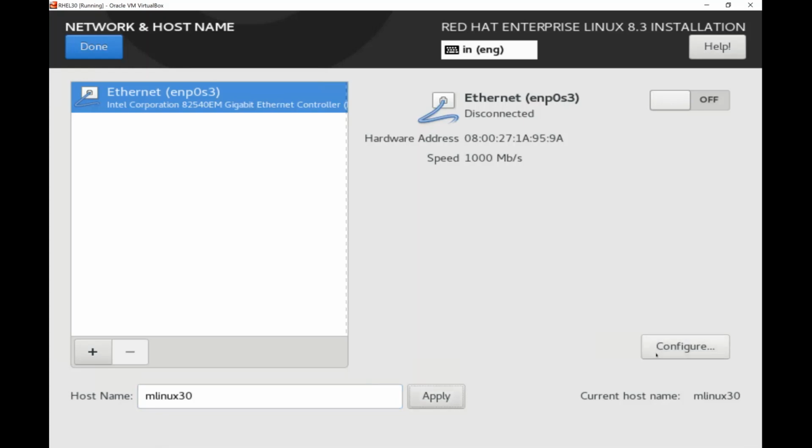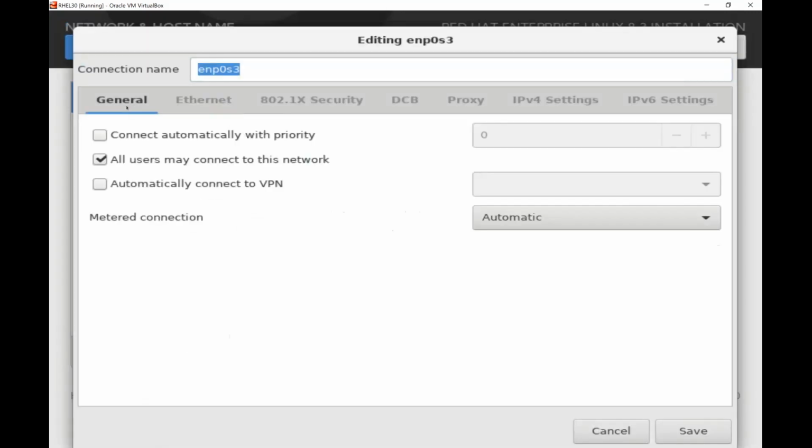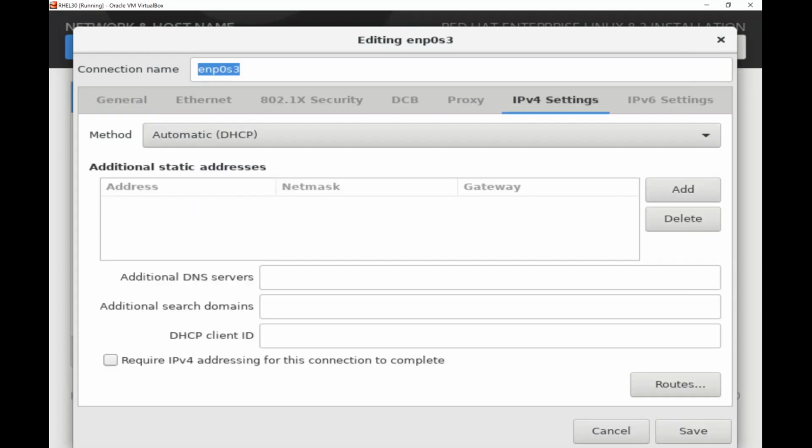Then I'll go to configure. In configure, first of all, I'm going to go into general and I'll say connect automatically with priority. I want every time the system boots, this adapter should be automatically active. Then we'll go to IPv4 settings as we are assigning an IP version 4 IP. Let me go with add